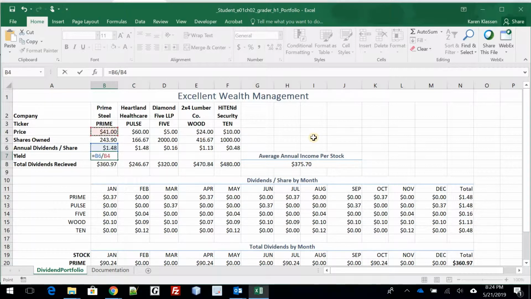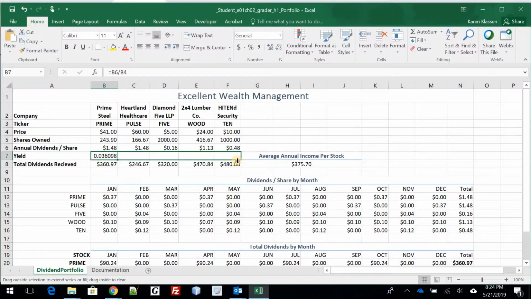Okay, and you can type these in if you want. I always just click on the cell so that I don't fat finger something. Okay, but that's my yield. It's 3 cents per share. Okay, and I'm going to take this across to F7,